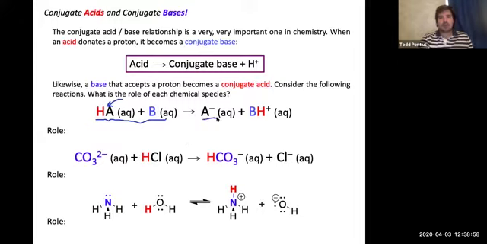So the products of this reaction, we have A minus because our acid got rid of one of its positive charges. It got rid of an H plus, so now it's got a negative charge. And our base now has this newly found H plus on it, so our base has a positive charge. So in this reaction,